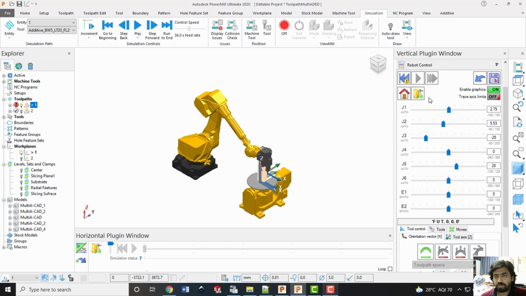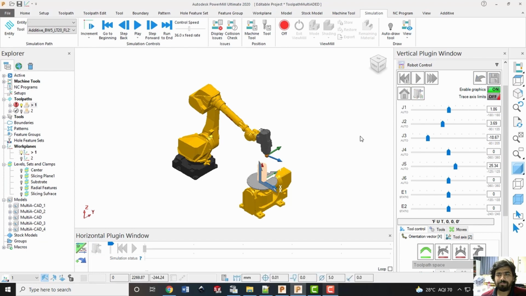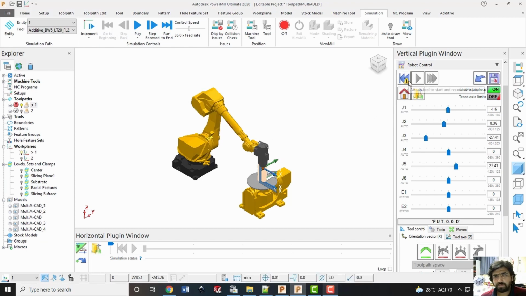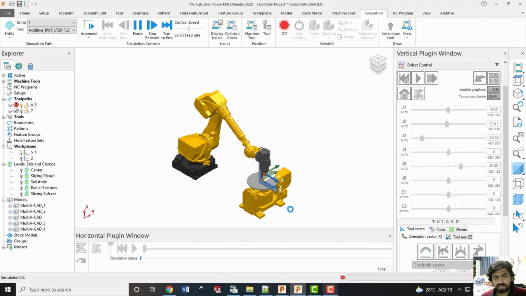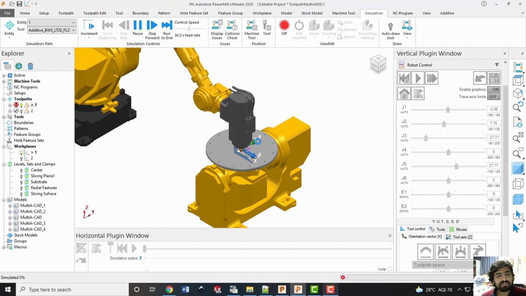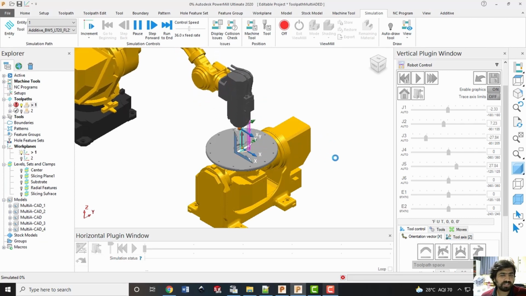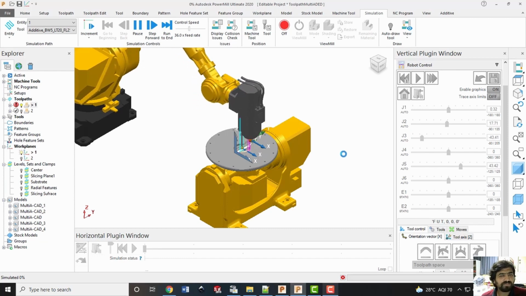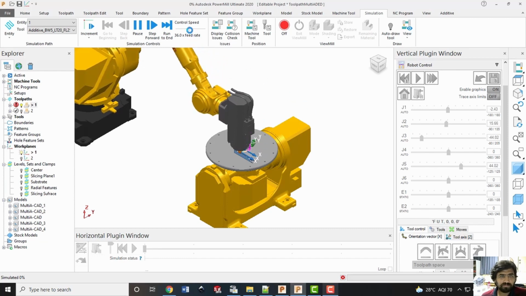So now we can go to robot control, bring it to the home position, and then bring it to the tool attached with it. Make sure that the tool path is activated, and then you can press on the record. And now you can see your robot can move along with the tool path where you are depositing the material. And it is a one-way tool path, that is why it is depositing only in one direction and then lifting and coming back. You know that it is not a very efficient method of adding the material.